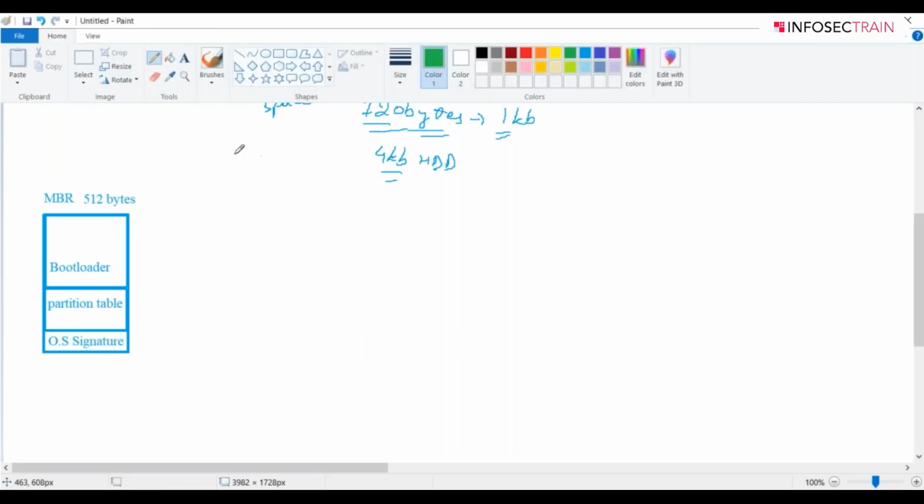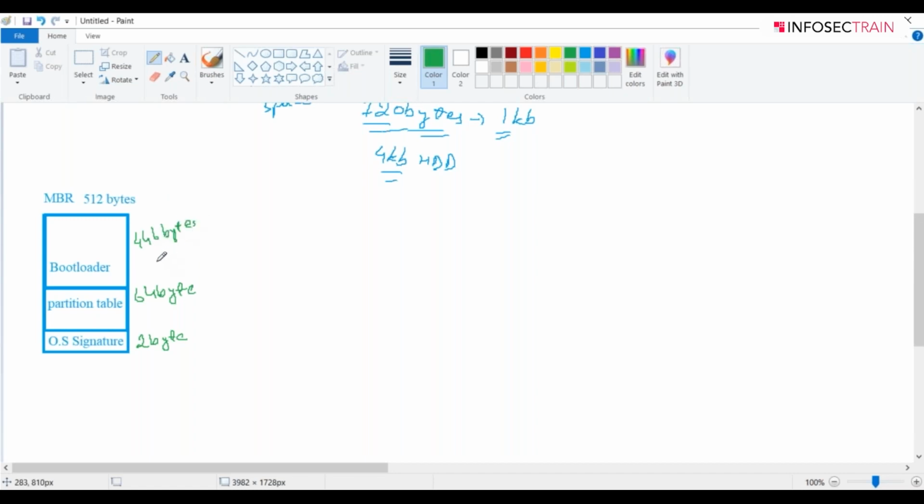Alright. Basically, our signature is just telling you the size. It is of 2 bytes. Partition table is of 64 bytes. We'll just talk about it. Bootloader is the rest of the thing, which makes its size 512 minus 66, which is 446, right? So which makes it a size of 446 bytes.